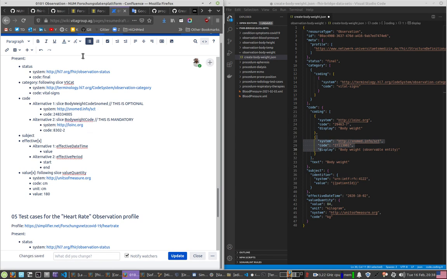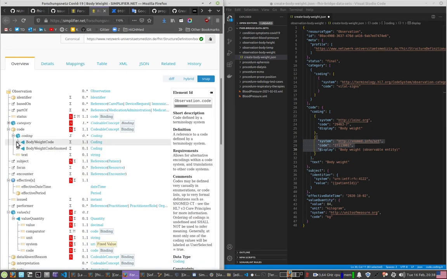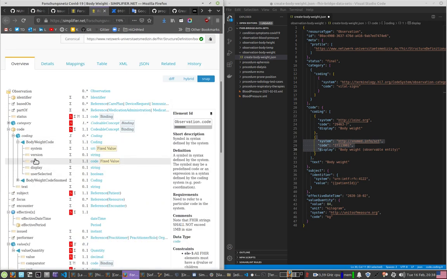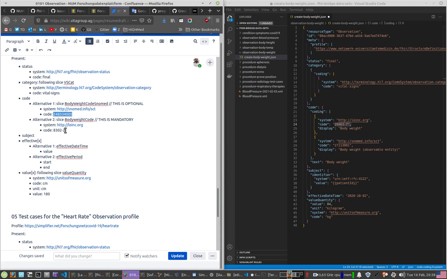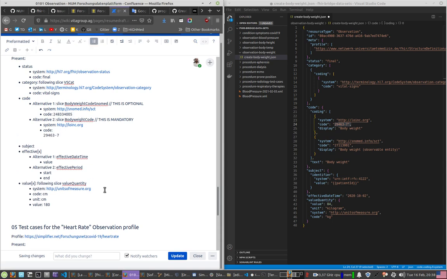These URLs are okay, but the codes are not good. So I need to go to each slice, go for the code, and this code should be this one. And we can check this code is correct in the example. So the example was correct, and my summary had an issue here. So this is my